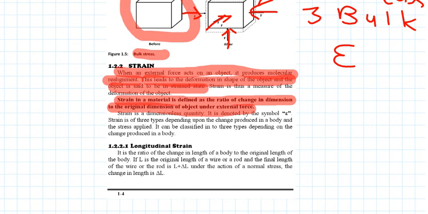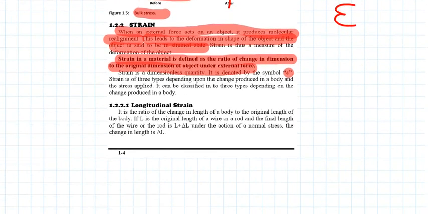Again, the strain is also of three different types. The first one is longitudinal strain. Whenever we pull or push the material from two opposite sides, that is, when we apply normal stress to the material, what will happen? Its length will change. Okay. Suppose its length is changed by delta